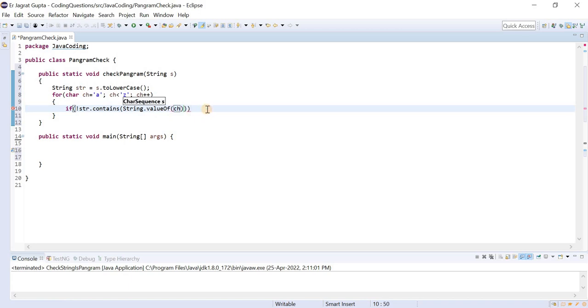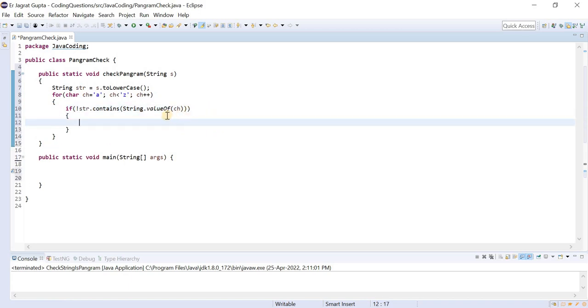In this way we can check whether any particular character is present in our string or not, and each and every character should be present. The first time it will run for the character A, to check whether A is present or not, then B, C, D, E, F, and it will go till Z. I just applied the reverse logic: if any one of the characters is not present, then we will break.